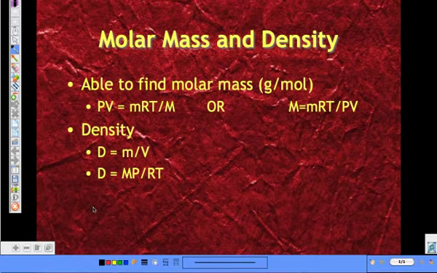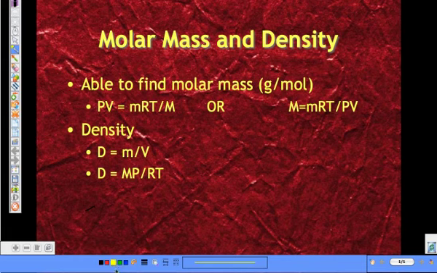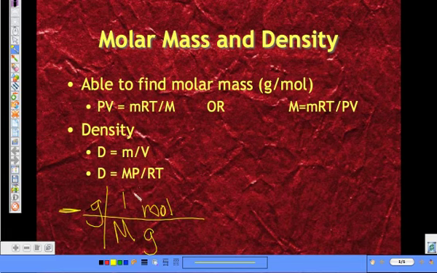So if we're given a mass, so in grams, right here, if this was given to us, we'd have grams here and moles here. And this would be the mass from the periodic table. And so we call this big M for molar mass, and moles, little m, mass here. So if we're trying to find N, the number of moles, we take the mass divided by the molar mass,